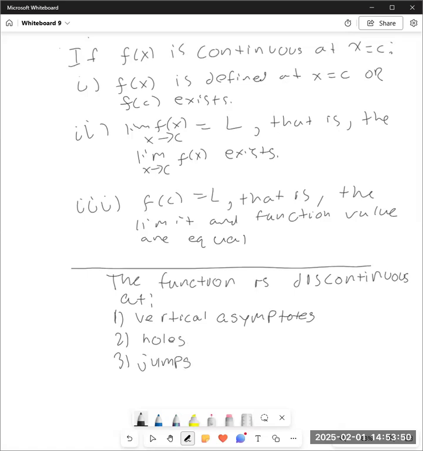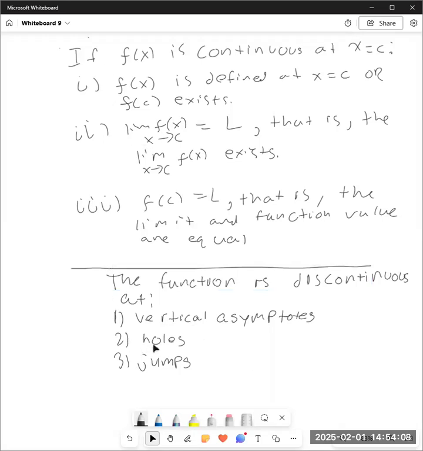Jumps really usually only happen with piecewise defined functions. There's going to be some functions that are absolute value functions that are piecewise functions in disguise. So we'll look at that, but